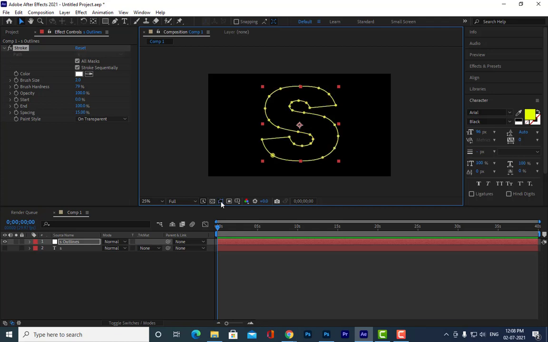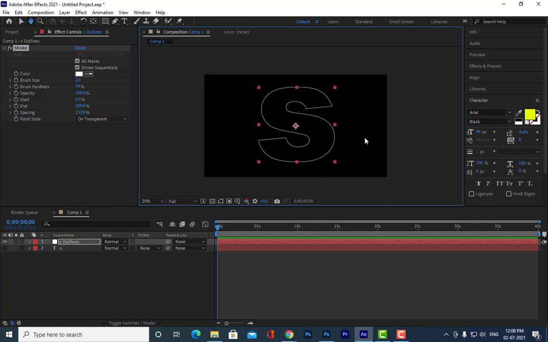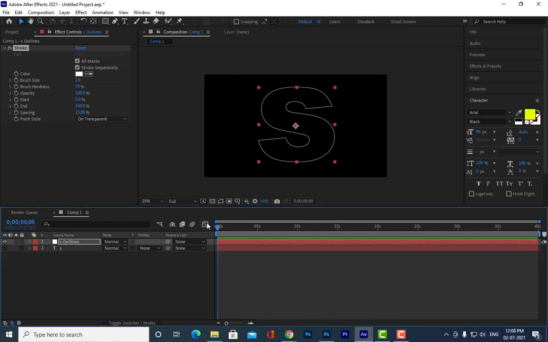If it is not on, you can turn it off and on like this from the composition panel, okay? So toggle mask shape path visibility like this, okay? Is it clear, all of you?